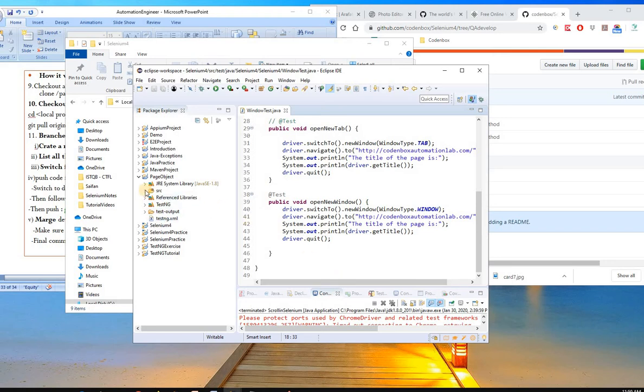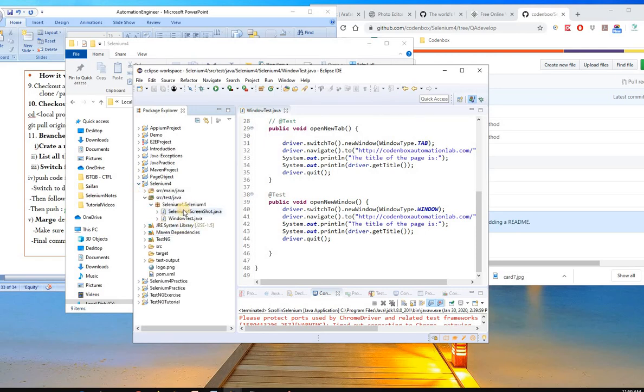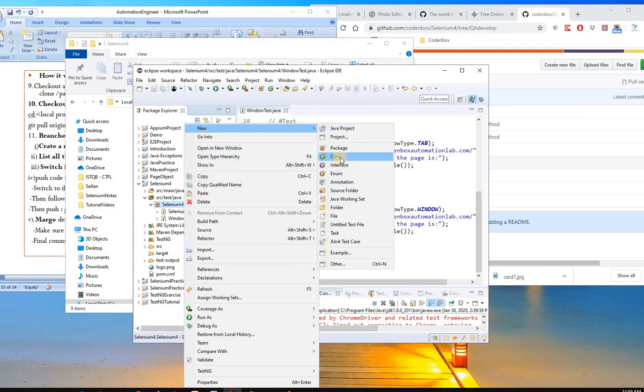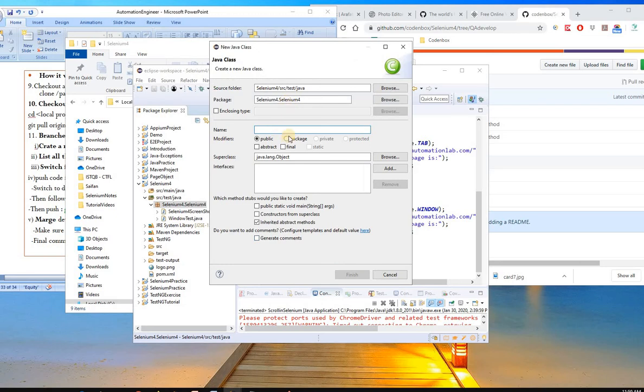Maybe let's create a new class. I would say testing, not the page object. This is the one. Okay, here let's create a new class so that we can easily see. Class will say